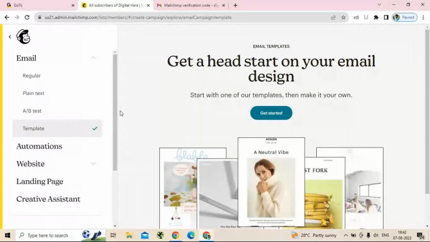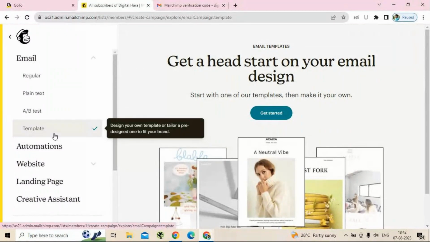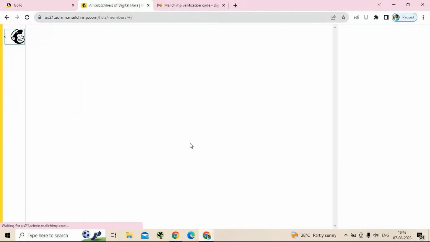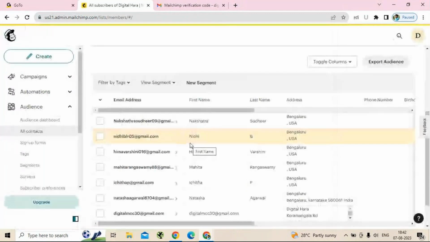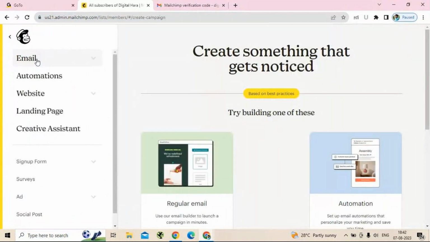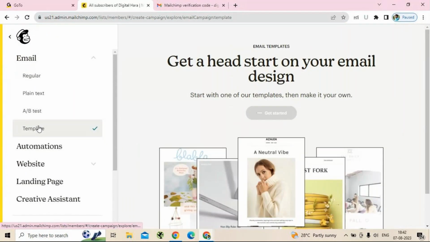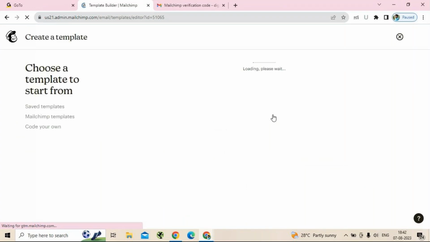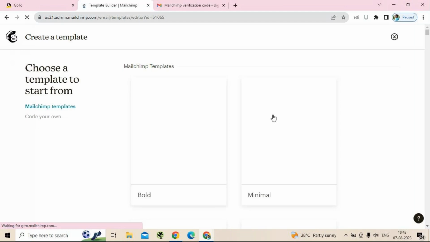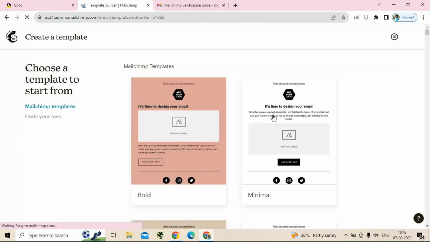Okay. Now, once we click on template, I'll repeat it once again. How did we come to this screen? From the main dashboard, I clicked the create option, and from here I clicked on the email option, and here I chose template. Okay. Now click on get started on the right hand side. Okay, so now